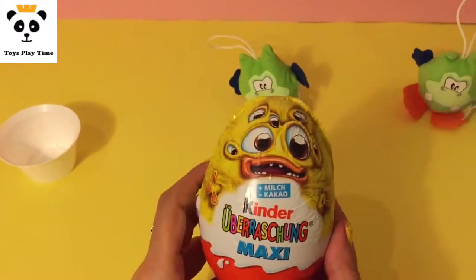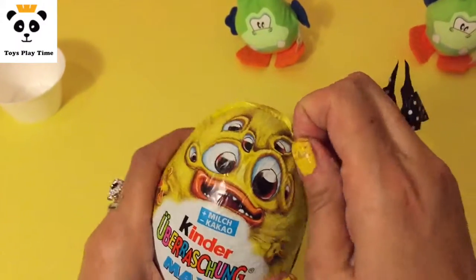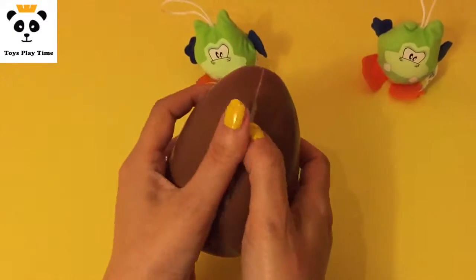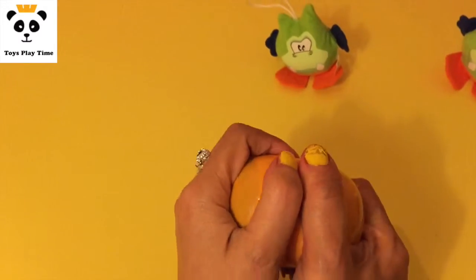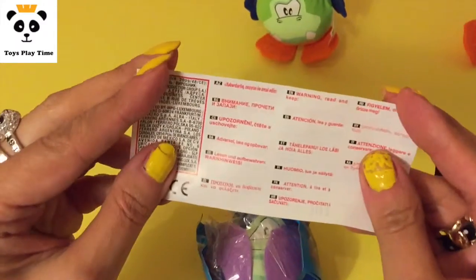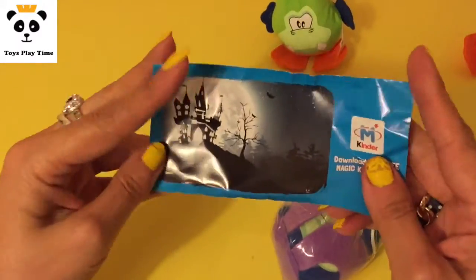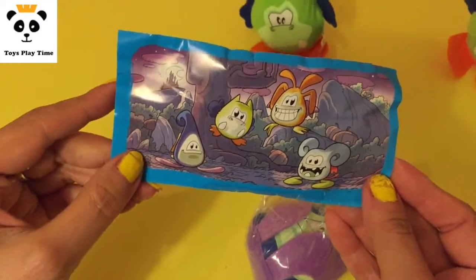And now we will take the yellow one with the many smiling faces. Let us see what's there inside. Also a monster. So that's again the description in many languages. Then we have also download for free Magic Kinderegg, the comic on the back side,